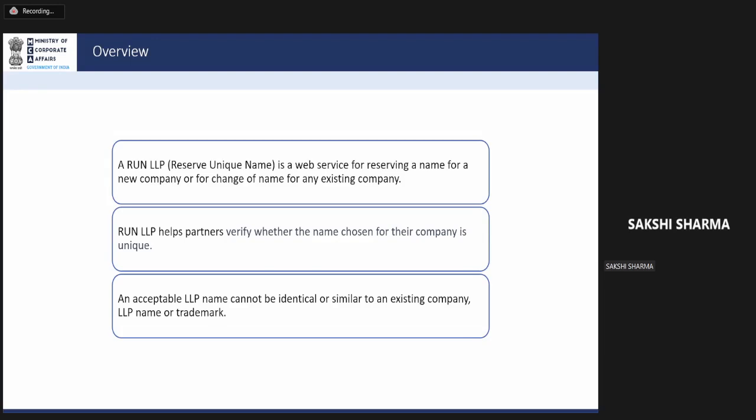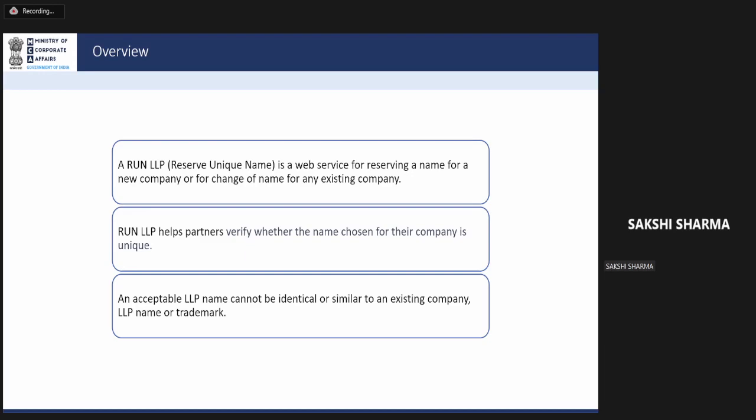We'll take this up later on. So a registered user can also file this particular form, and business users who are associated with any company or LLP, or who are professionals, they both can file this particular form. So there is no restriction on any particular user for filing this form.